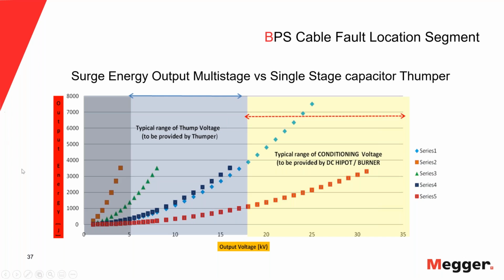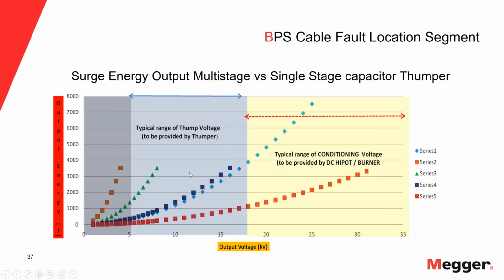And you can see this. This is a curve, this blue diamond shape you see here. It's 7,500 joules at 25 kV. But when you talk to people in the old networks, what voltage do you thump at? Normally people say, well, I don't want to go much beyond 10 kV because it's only 13.8 kV and it's old, and I'm concerned I'll thump this cable to death, because you might have to thump for a longer time, since it will take some time to fault locate